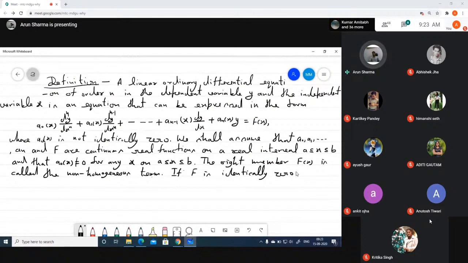If f is identically 0, so this equation, let me call it equation 1,